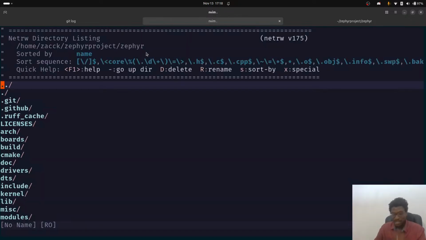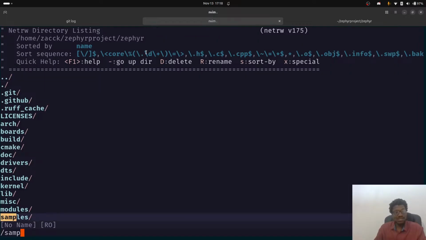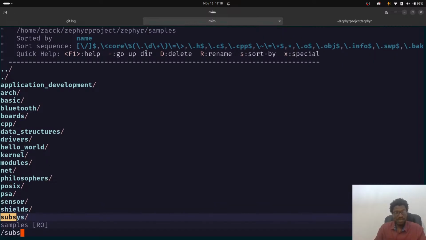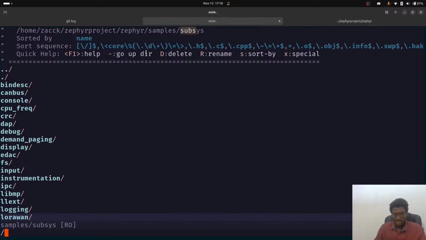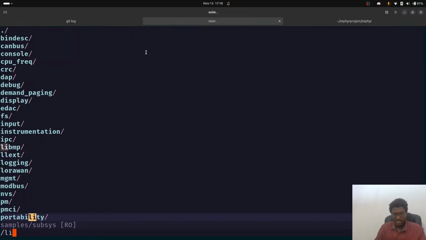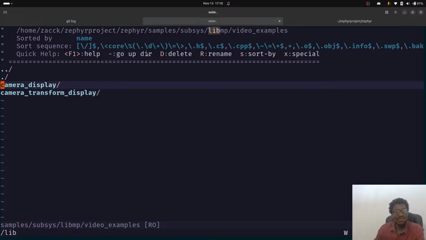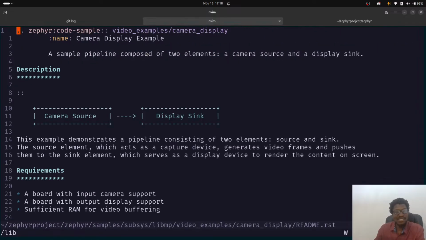And then I know I need to go to samples, and then in samples I need to go to subsys, and then from subsys I need to go to LibMP. So that is it. And then I want to go to video examples, and I want to know camera display, and then the first thing is I want to read